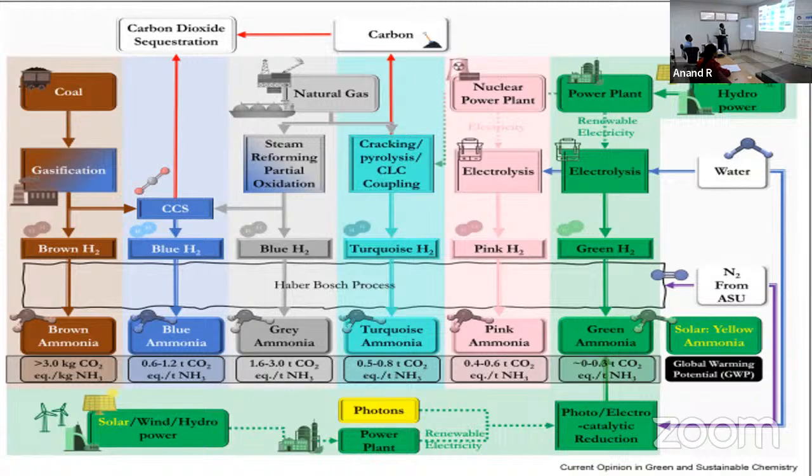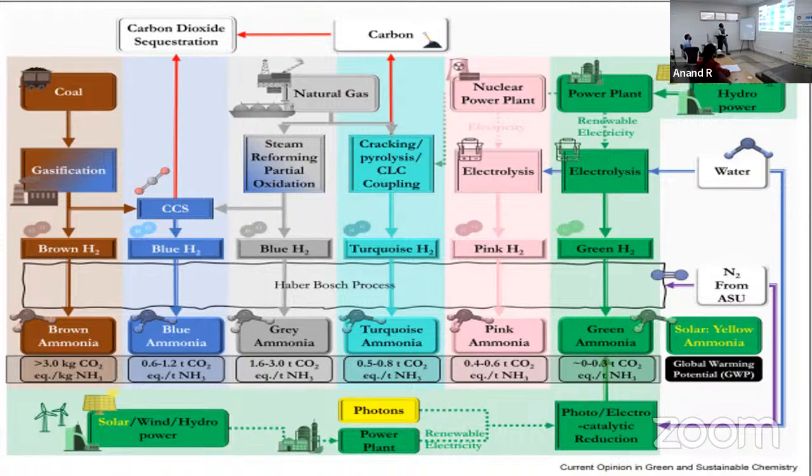Okay. If you talk about brown ammonia, the method you are proposing is gasification, coal gasification. Coal is the raw material, and the product is some kind of electricity, but CO2 will be coming out. That's called brown ammonia. The hydrogen that comes out from the gasification is called brown hydrogen. That can be taken into the Haber-Bosch process to produce ammonia. But we are not calling it green ammonia, it's brown ammonia. When you are using coal as a fuel in gasification, a thermochemical conversion system, then the hydrogen generation is called brown.